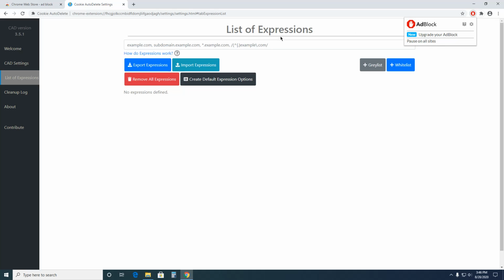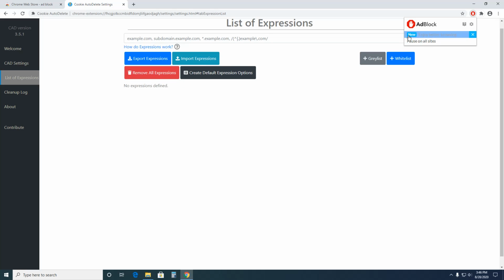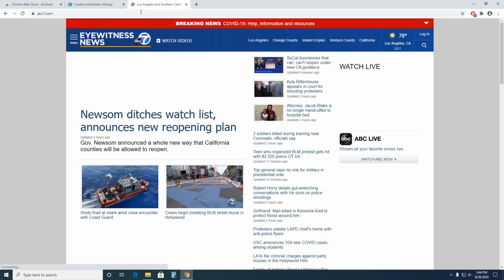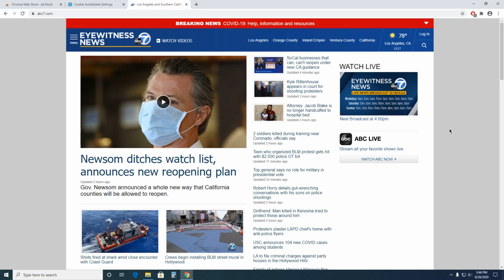So like if you're on, I notice this a lot on news websites. When I'm reading something, it'll say, oh, you have your ad blocker on. You can either pay or turn your ad blocker off. So you just go and you turn it off. I'll show you what it looks like. Let's say we went to ABC7. I don't know if this is one that does it or not, but okay. Anyways, now you go here,